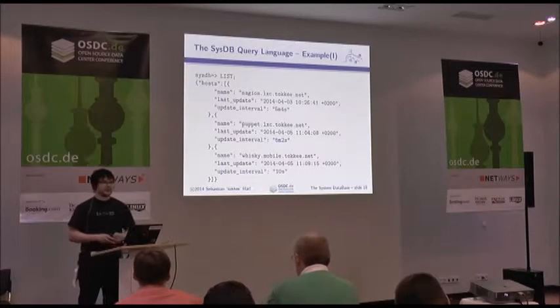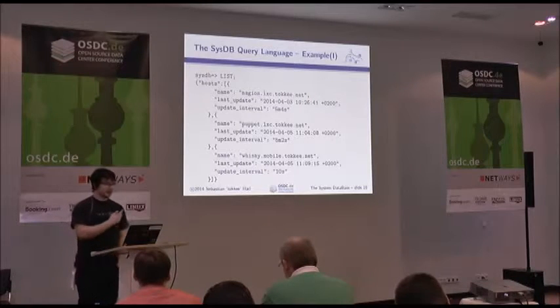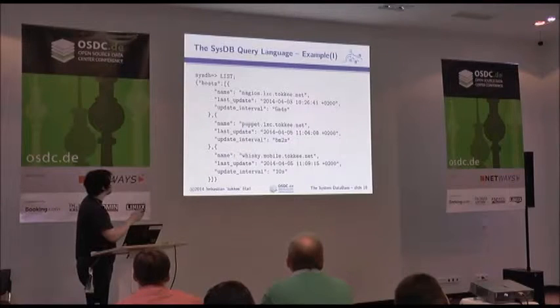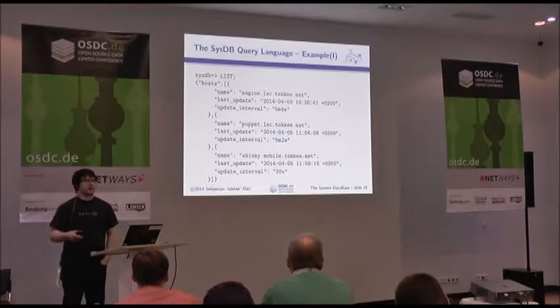Okay, so here's a very simple example of what list currently looks like. I guess it's mostly boring. The important part is that it actually does not include any detailed information. It just provides the name, the last update information, and the update interval. And as I said, this is auto-calculated by the interval at which we actually